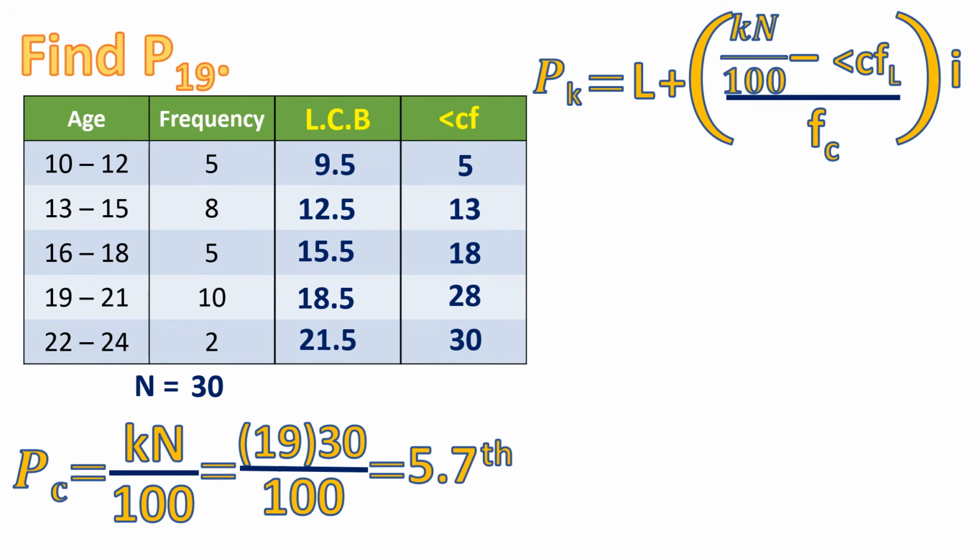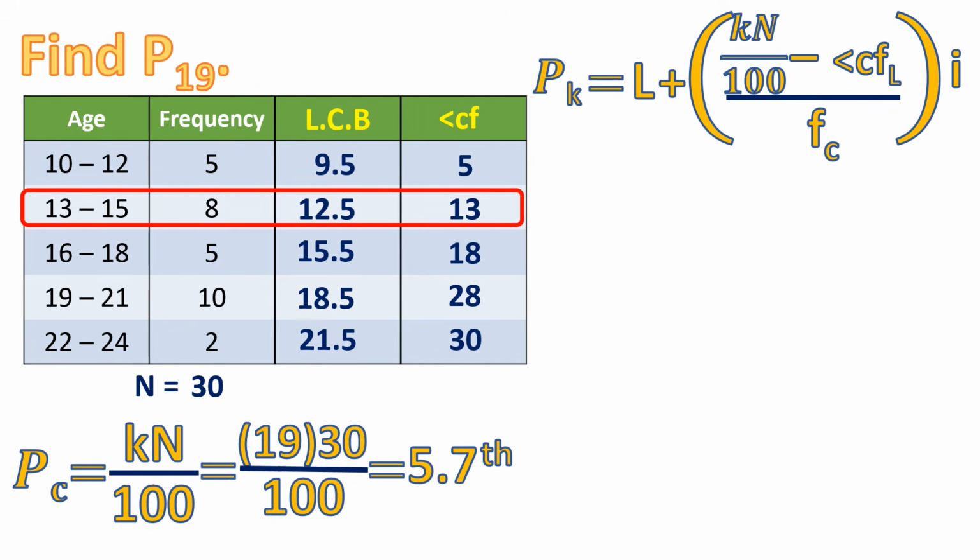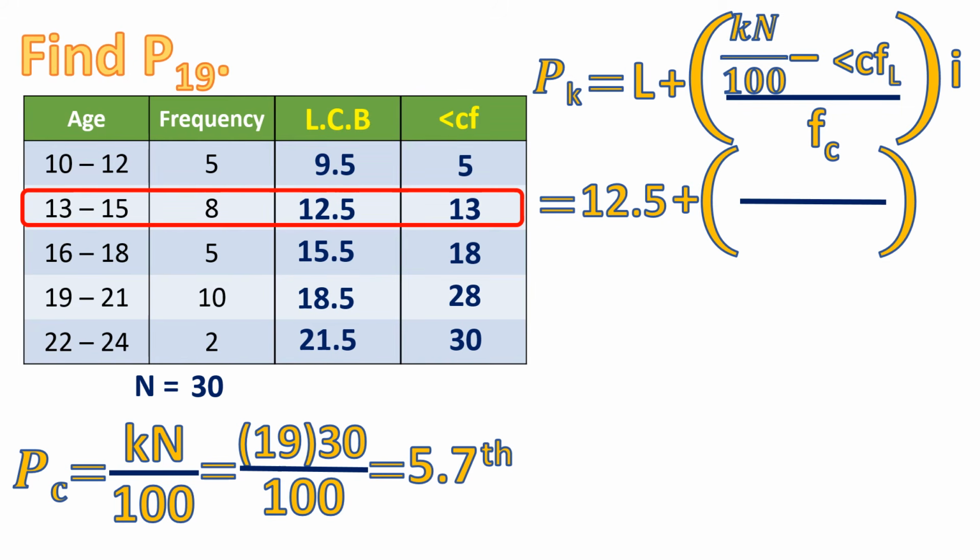So we're going to find the 5.7 number. We're going to look at the less than cumulative frequency. It is actually in between 5 and 13. As I said, we're going to choose always the bigger number, not the closer one. So we're going to choose the 13. Now we are going to substitute. Lower class boundary is 12.5 plus the kn over 100, the percentile class 5.7, minus the less than cf, it's lower, which is 5, and the frequency of the percentile class, which is 8, times the class size,